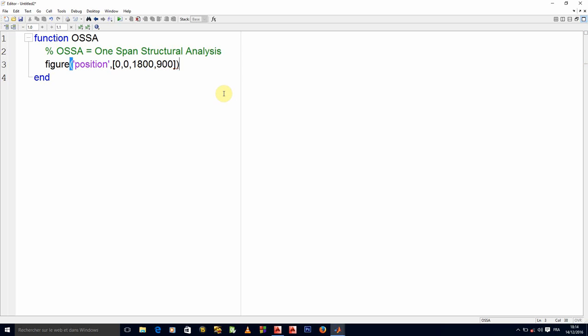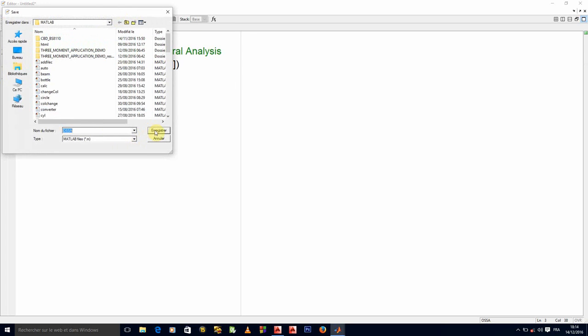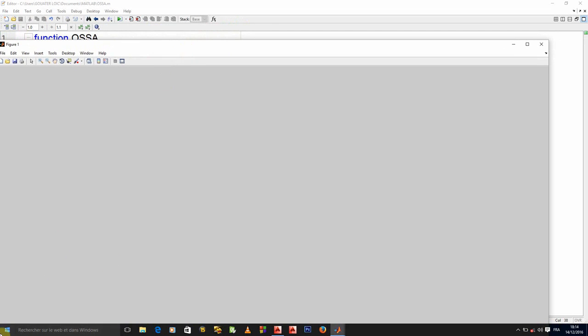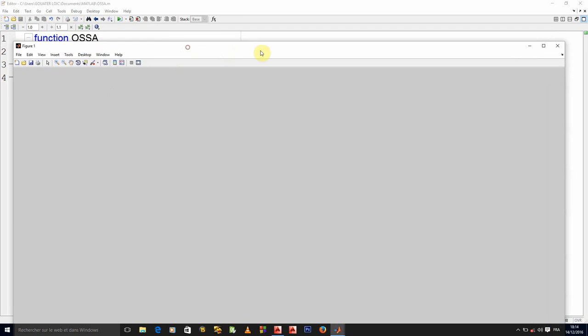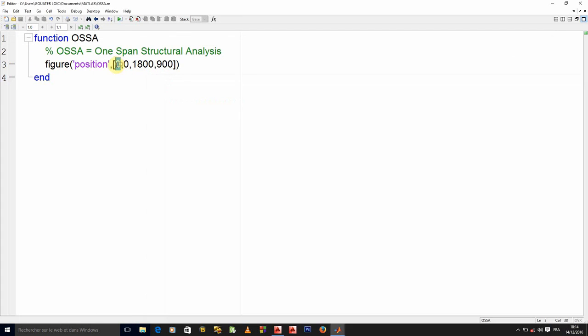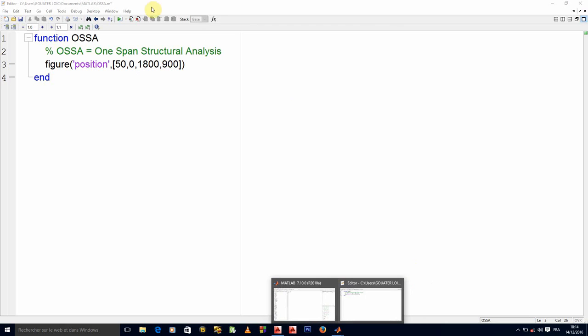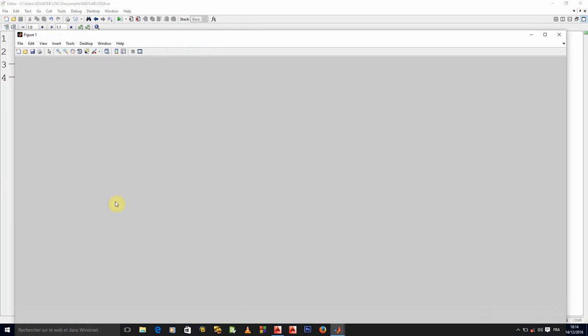All right, so let me try and launch that. Okay, let's save it. So as I'm launching, you see where it's starting, right? It's starting right there at the origin at 0, 0. So this is where my screen measures 0, 0. If I try and edit here, for example, to have 50, let's close it and relaunch. You see that there is a shift following the x-axis of 50 pixels. Okay, the default unit here for figure is pixels, of 50 pixels.